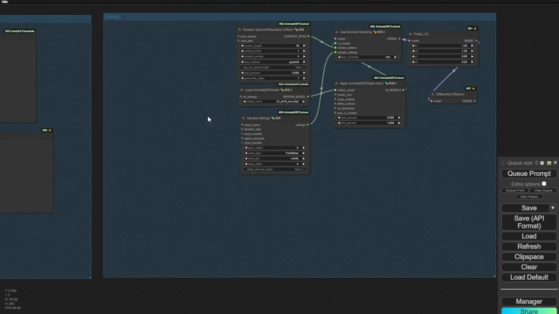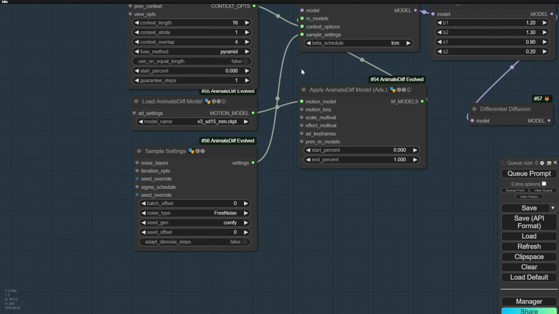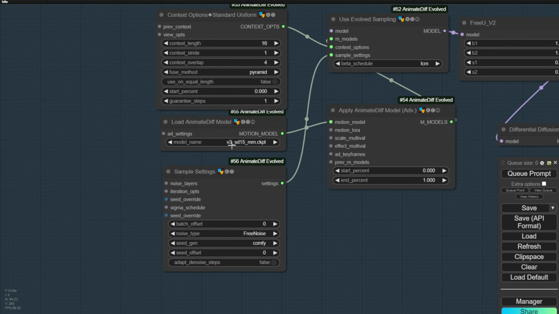So in this group, I'll call that AnimateDiff prepare. So that way we can prepare the AnimateDiff settings and models, the motion models. In here, I like to use the version 3 motion models. And by the way, I'm fine-tuning this motion model for AnimateDiff, and it's in training right now. And hopefully there'll be some good results coming out in the future for the fine-tuned models. You guys can follow the updates in our Discord group. We've been playing around with that recently with some other animation creators, and yeah, so far this is what we have.